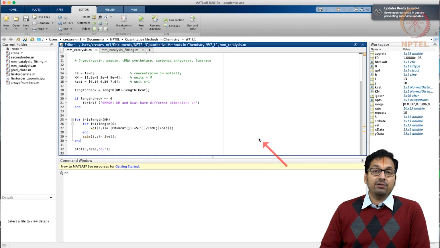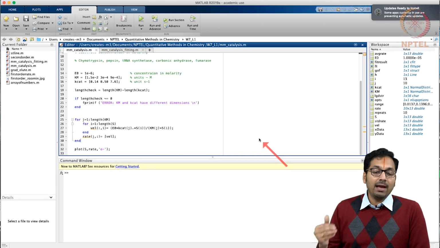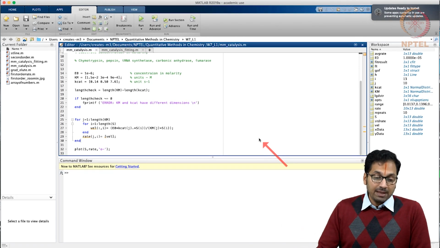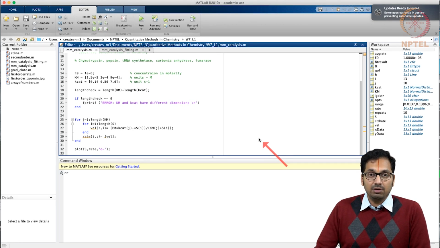This helps because if you are trying to mutate a protein for a certain function, let's say that the function is not supposed to get altered, then one can carefully make sure the concentrations of substrates are made in such a way that this can be done. So now going to the next step, once you have collected the data, we have to fit it in order to redetermine what is Km and Kcat.